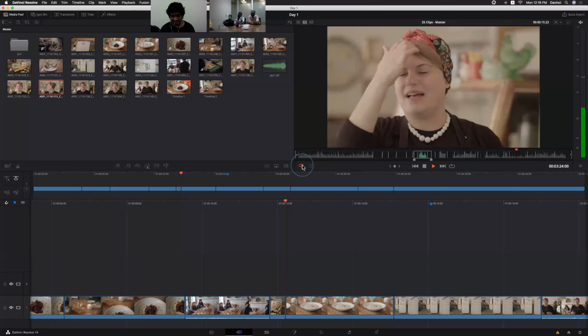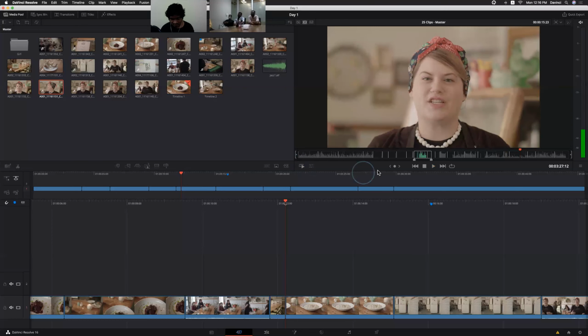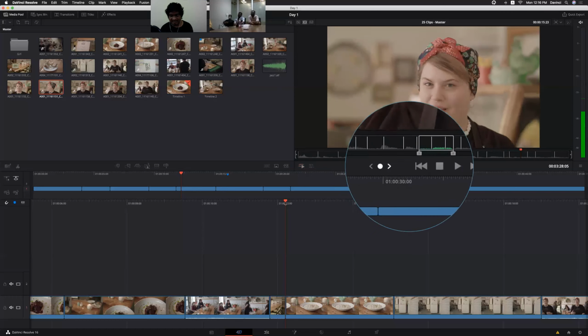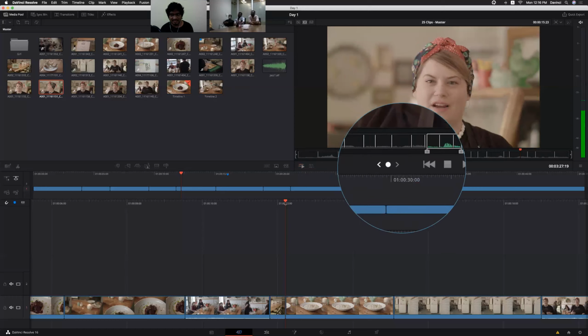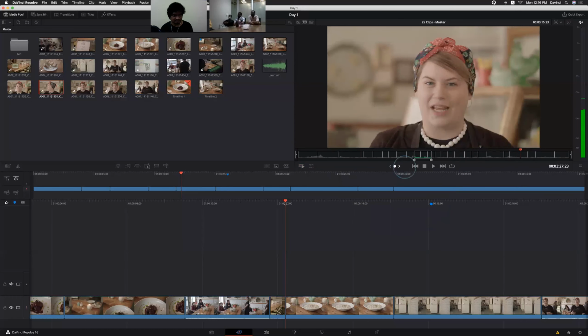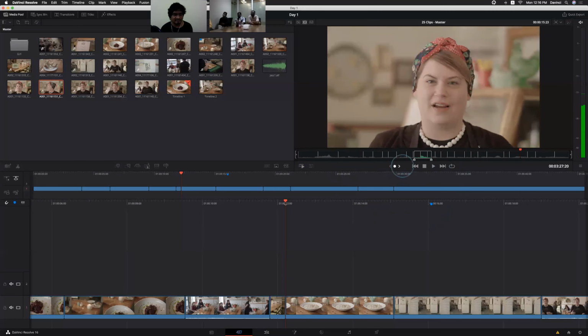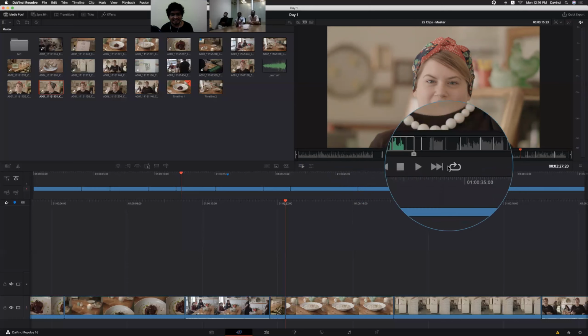Next to that, we have this option. You can call it a scrubbing wheel. We had scrubbing wheels in the viewer in Final Cut Pro 7. We can click and drag that portion, and based on your mouse movement speed, you are fast forwarding or seeing it frame by frame and everything. These are basic navigation controls.